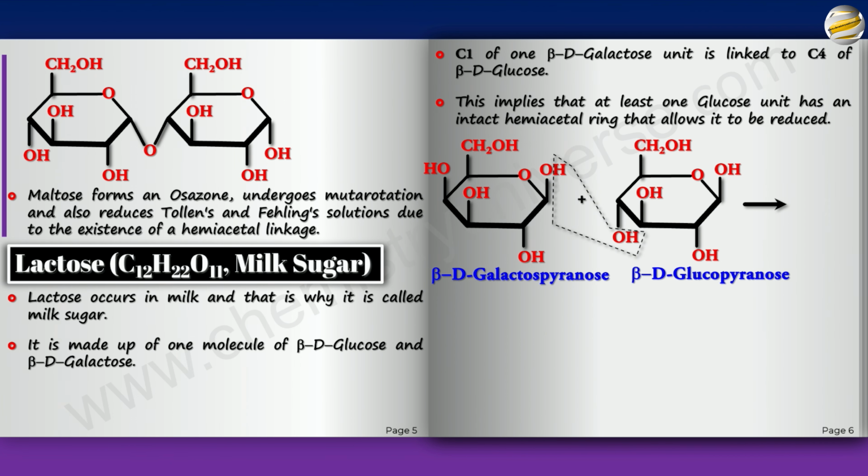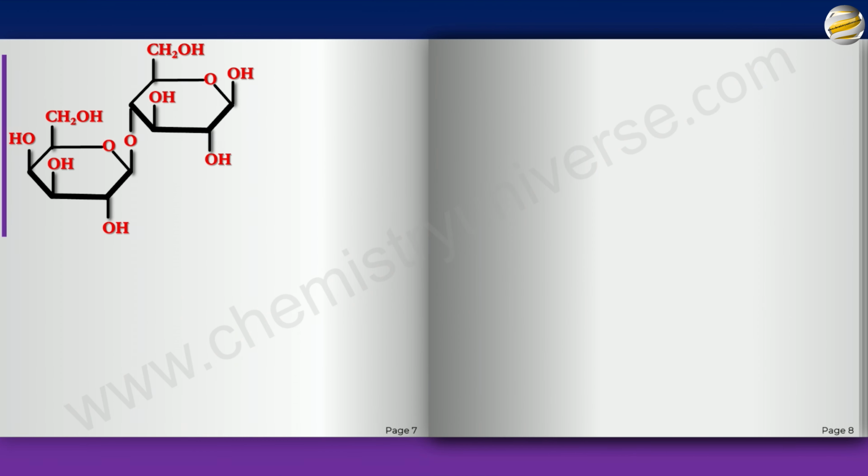they are the ones which are linking up. I mean, the easier way would have been if I flipped the glucose to make its OH go up. That would have been easier, but that would be a little more confusing. So I thought maybe we could do this, but you can do that also. And that way you can get this unit. And as you can see, this part is the galactose part, and this is the glucose part because it is the C1 which is reaching. And this hemiacetal part is intact.